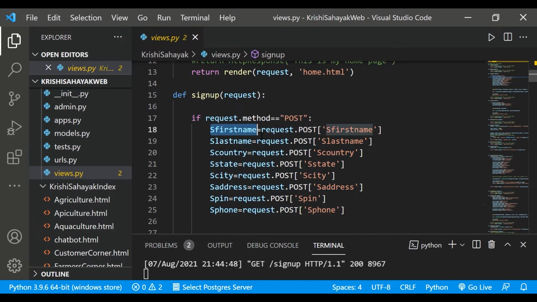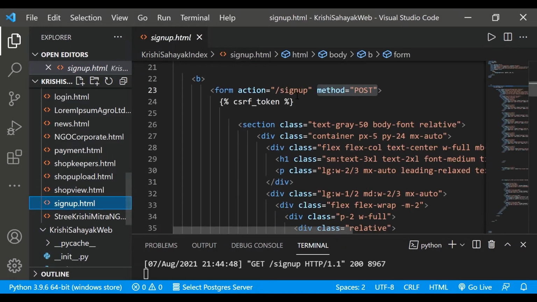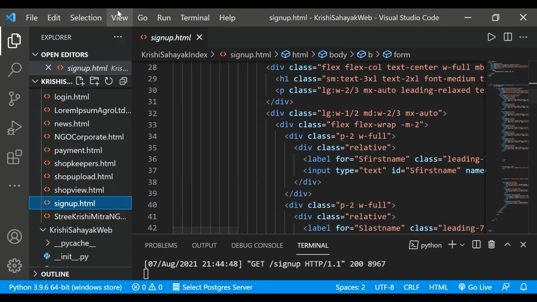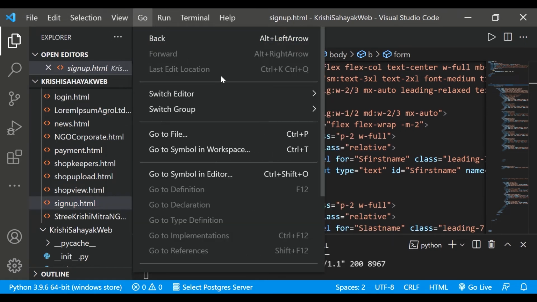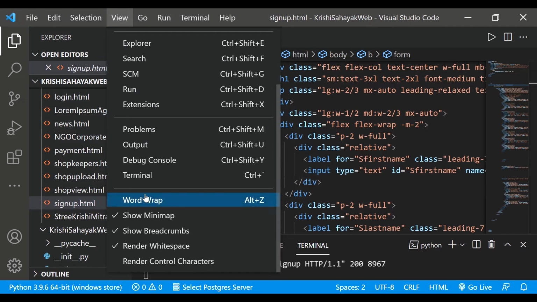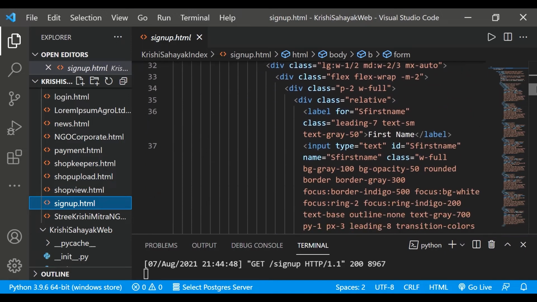These are the names given to the variables, and request.POST, the name again. When someone fills this form given in this page and submits it, all the information given in the form goes into the database. Here is the form.